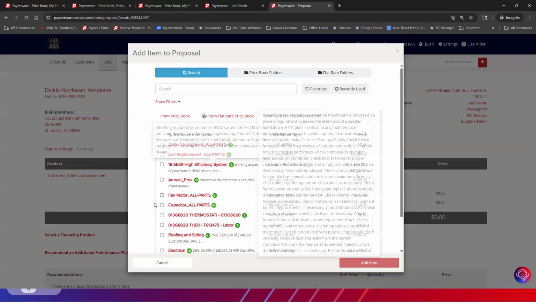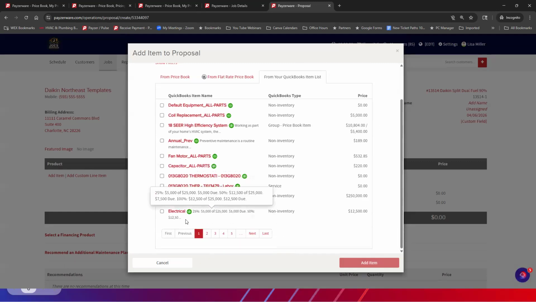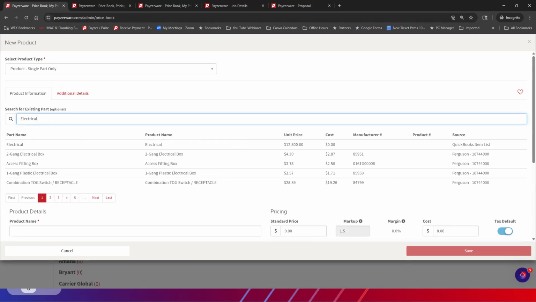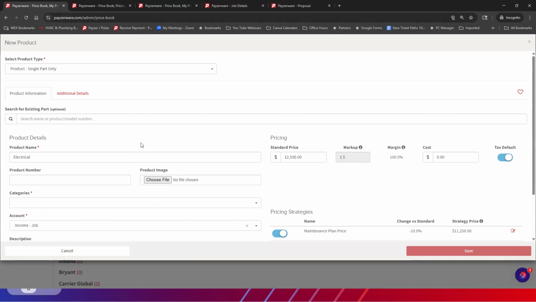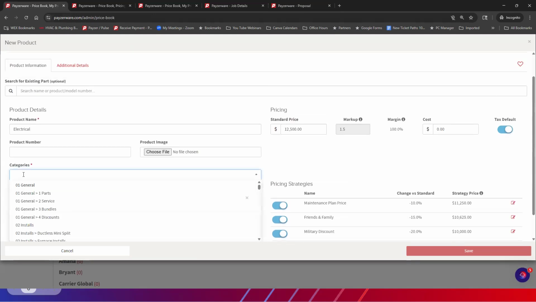Okay, so let's see what we've got in here. We've got one called electrical. Let's go in here. And remember, see how it says QuickBooks item list? I can pull this, and like I said, it's a test account. So it comes in, and I can put it in a category. I'll go find my